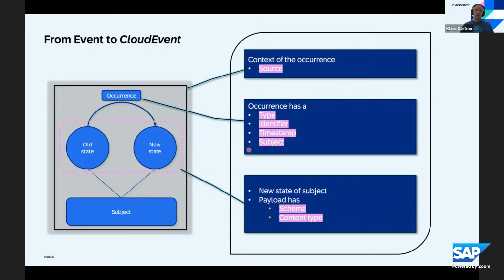And in the middle, then we have the old and the new state. That then is really very domain specific. So in our case, then the business logic. Here in the cloud event, we keep out of this. We just look at the envelope of all this. And for this state, we just allow to describe the schema this adheres to, and maybe also the content type, for example, JSON or Avro or whatever. But it could also be an image file or a PNG, whatever. So that really doesn't matter from the cloud events perspective.